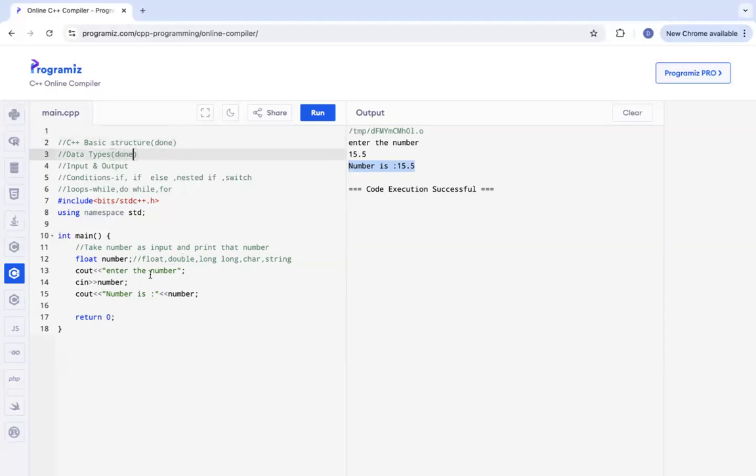There are different data types like int, float, double, boolean. You can always Google it. Input, output is done. For input, we are using cin, and for output, we are using cout. And for single line commenting, we are using this double slash. So what I'm doing is, let me just explain string. I'm taking string str, and here